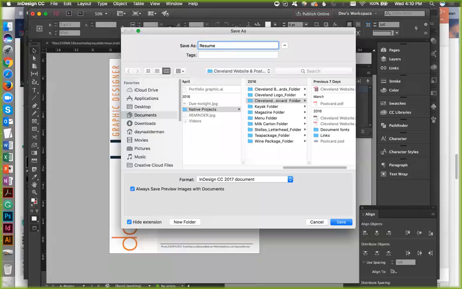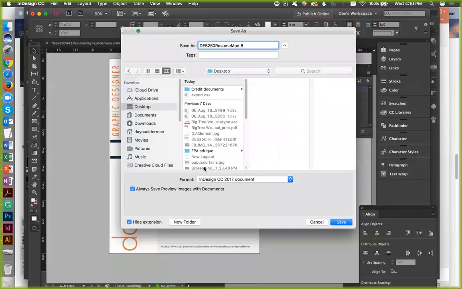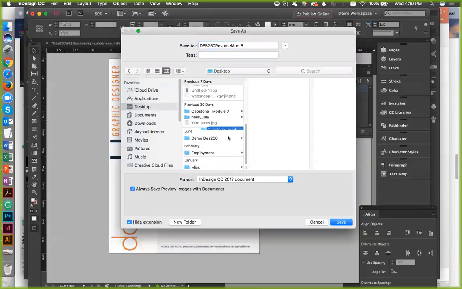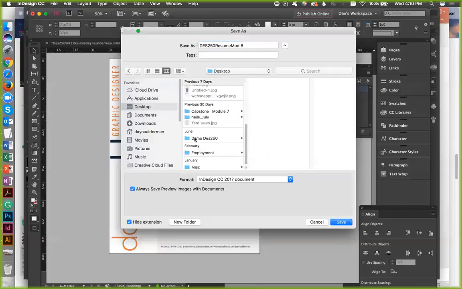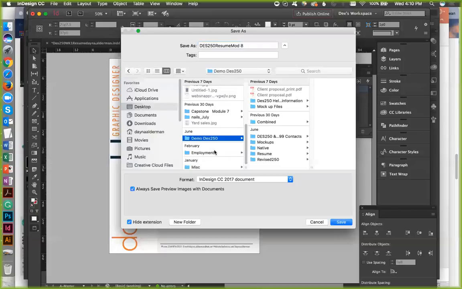Resume. You're going to put your DES 250 resume. Okay. And this is mod 8 for me. I'm going to put this in, it's not capstone. Demo 250.